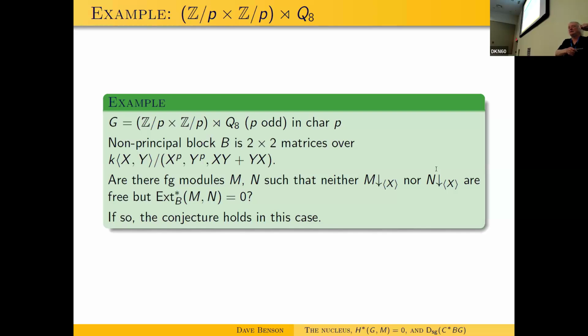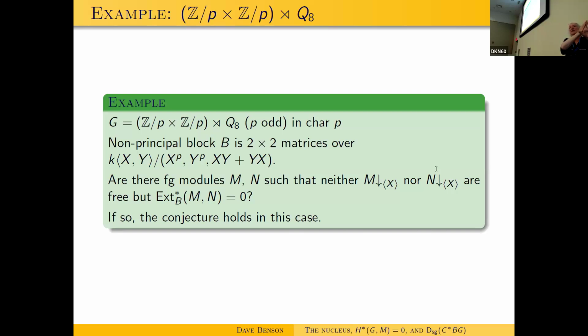But X of M tensor N is 0. Sorry, neither of them is free, is what I meant. You have to say things the right way around, and that's, when standing in front of an audience, sometimes not easy. So you really want the support just to be that coordinate axis of the affine plane. So these are periodic modules, M and N, with the same support, but X star equals 0.